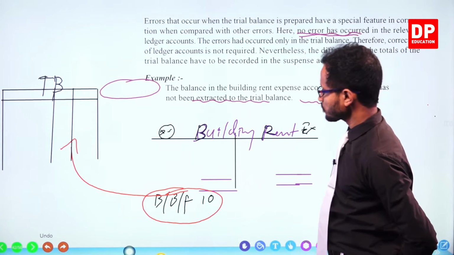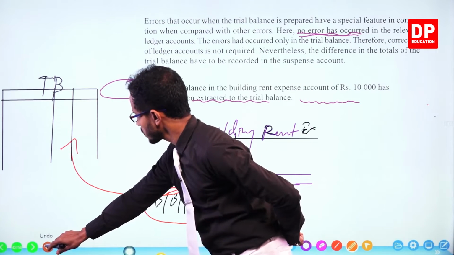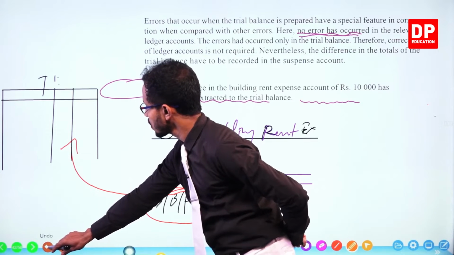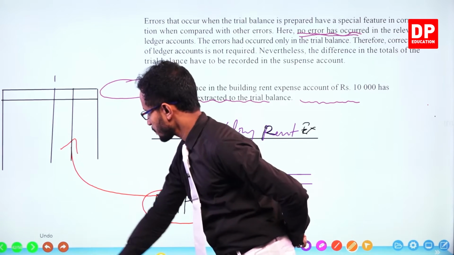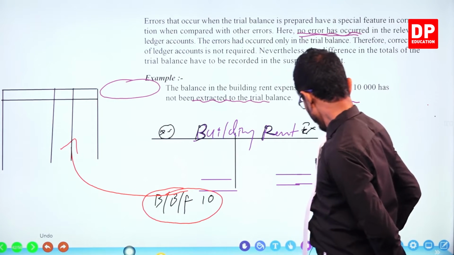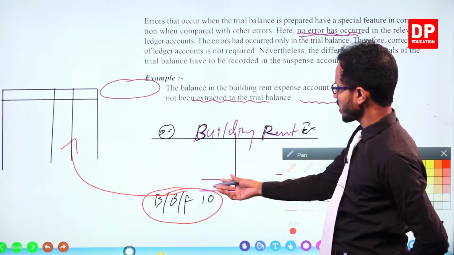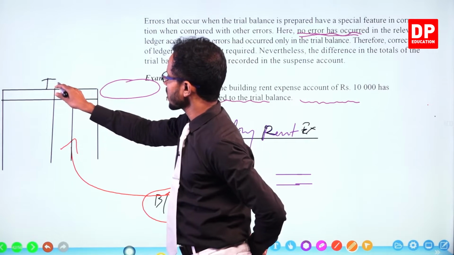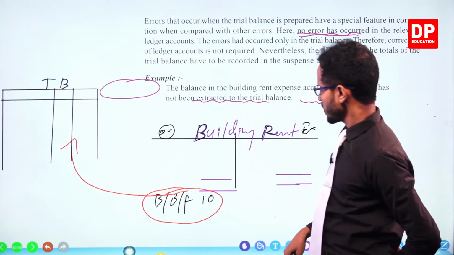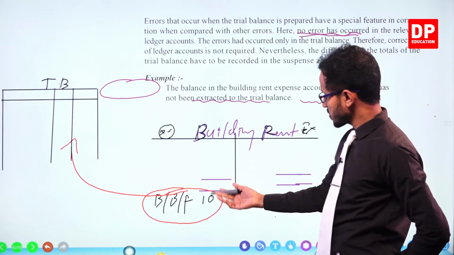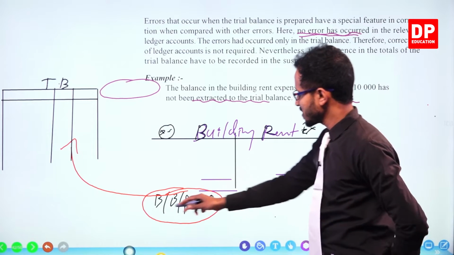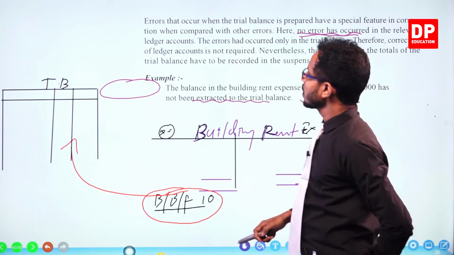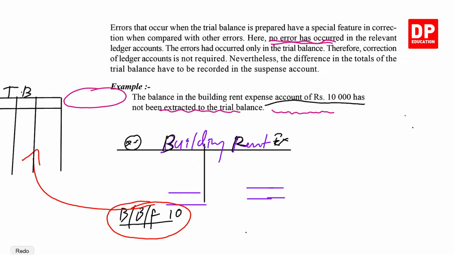Now, can you see that the building rent account has no error? The building rent account has no error, right? Building rent account balance is 10,000. Balance brought forward is in the debit side. The error says balance in the building rent expense account 10,000,